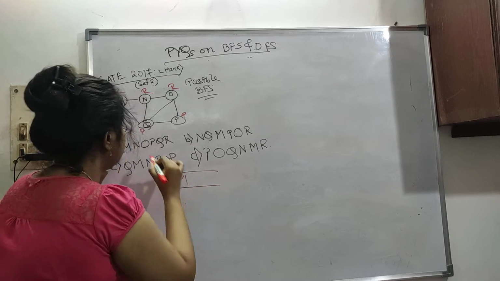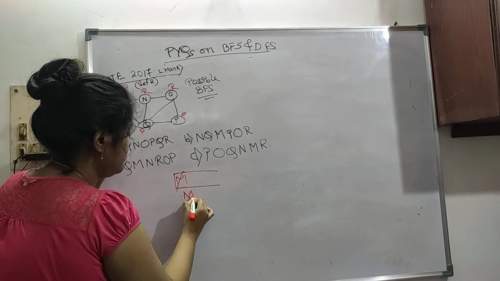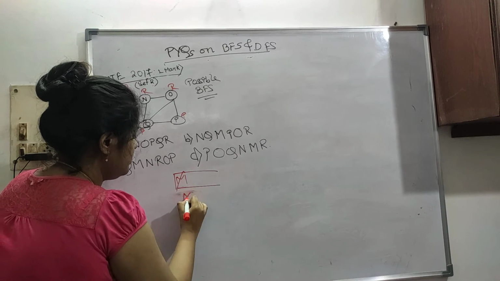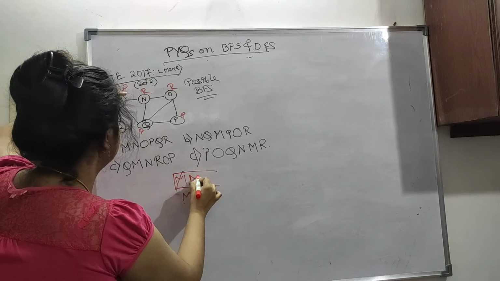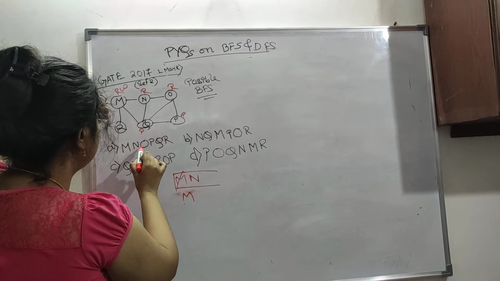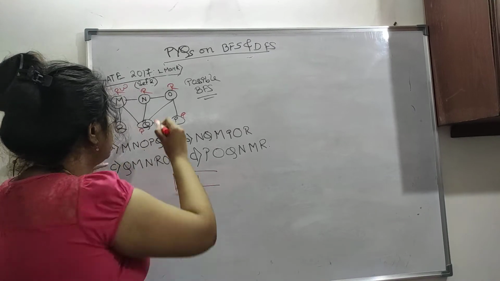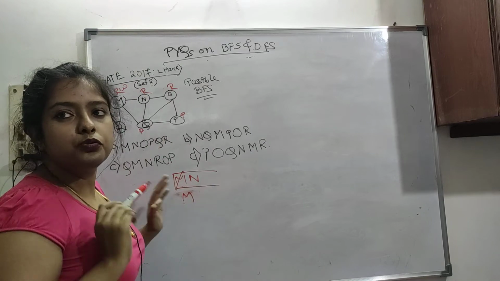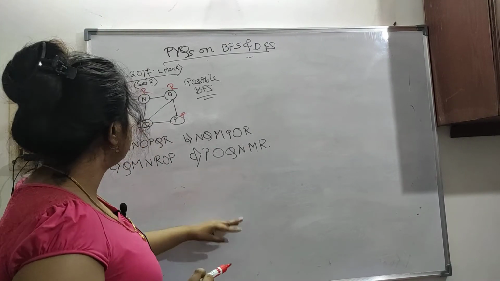So M is put, it is waiting status, then M is DQ'd, then which are the adjacent, N and R, but it is asked Q also, but it is going directly to O. Same way we have done it in our previous question also. O is not adjacent to M, so this is wrong.